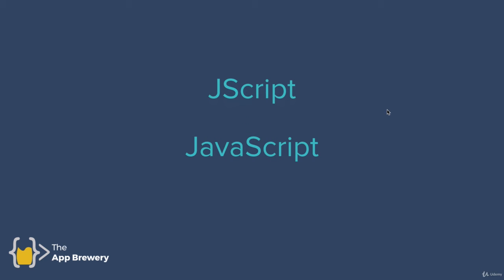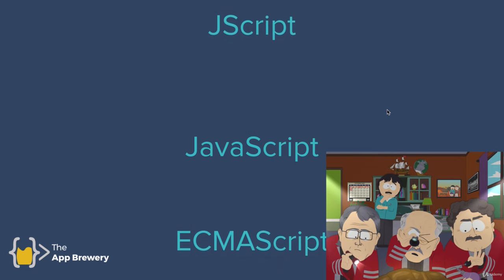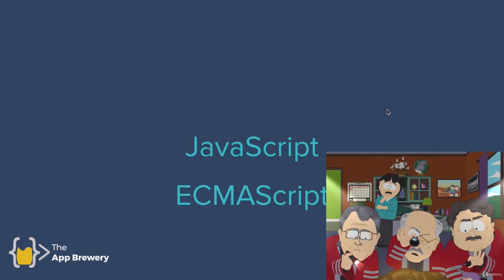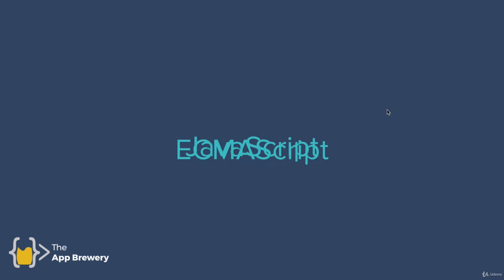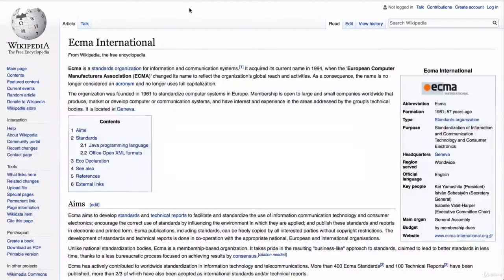And so there were all these slightly different versions of JavaScript that was being run on the web, and it was starting to get quite confusing. So the Europeans did what Europeans do best, and they decided to standardize the language. And that's where you get the ECMAScript from. And that stands for the European Computer Manufacturers Association script.